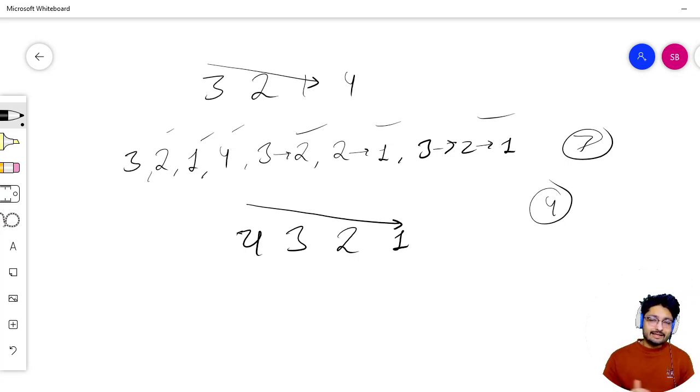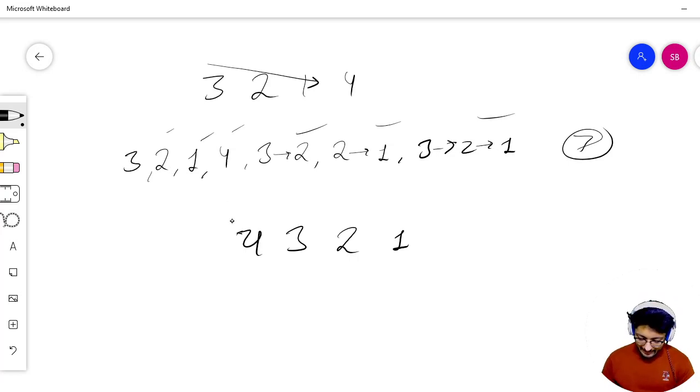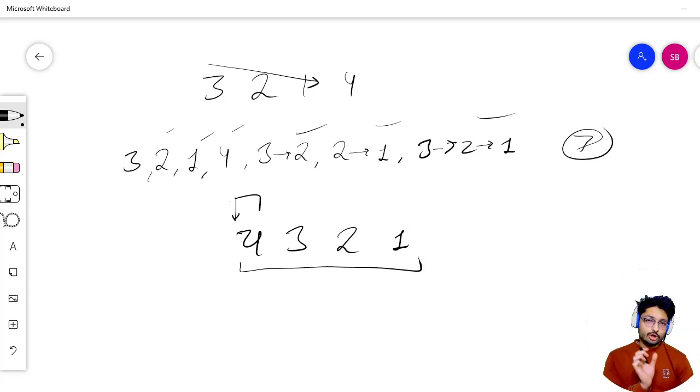Now you can see that it is just a simple permutation combination thing. Because I know that all the 4 numbers are decreasing, I have defined my segment. What you can simply do here is take the first position, because I want to find a sub segment here. The sub segment can be just 4, or 4 to 3, which is also decreasing, or 4, 3, 2, or 4, 3, 2, 1, which is also decreasing. So I have 4 options starting at the first price.